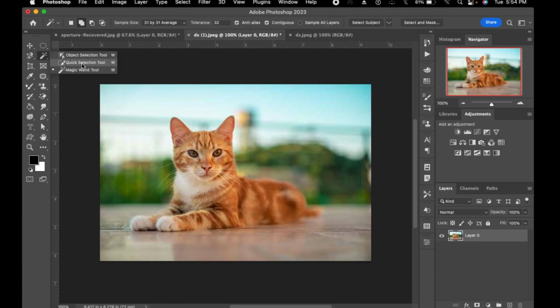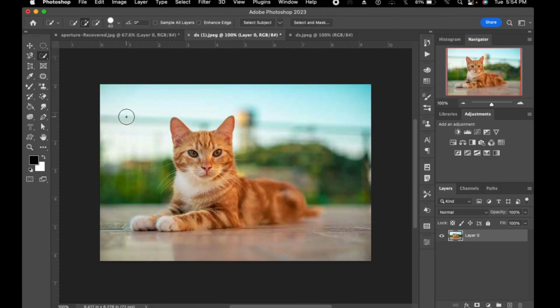We're going to go to the quick selection tool, the magic wand tool, before we go to the object selection tool. The quick selection tool, like the name implies, is other than using your hand, a Photoshop built-in mechanism to automatically select an object out from a particular background. So with the quick selection tool, you just click, other than you doing your normal selection, it has a way of selecting it